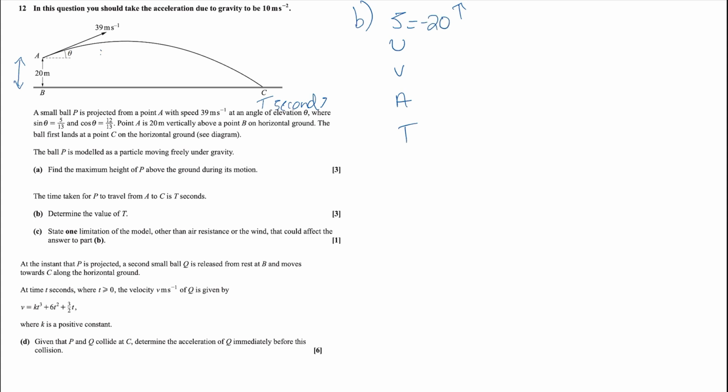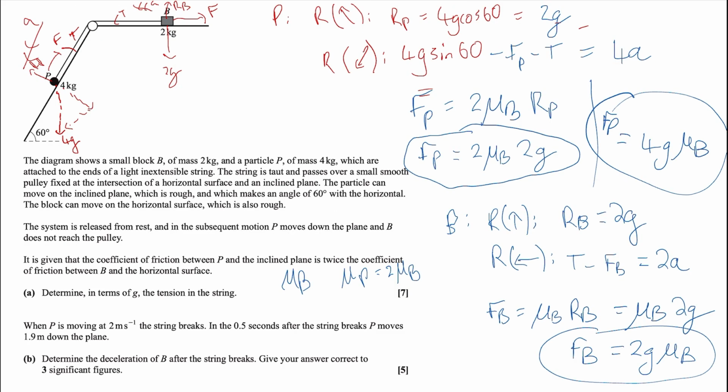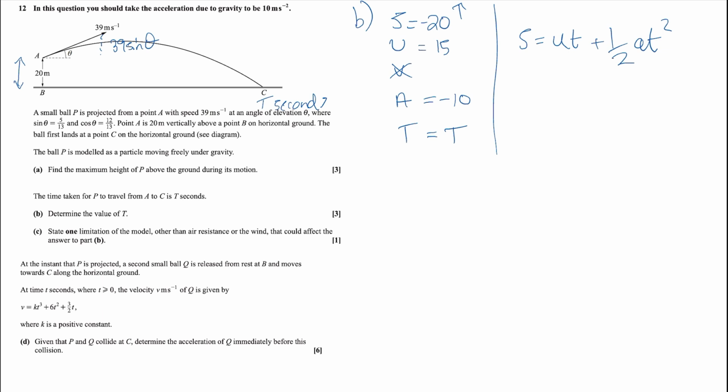Okay, like it was before, we had this was 39 sine theta, which was 15. We don't know what the final velocity is now. We still know the acceleration, and we want time. So we don't have v. So which equation doesn't have v? Well, that's s equals ut plus a half at squared. Don't forget these are in the formula book. Okay, now this is the one that gets used the most often, to be honest. So let's see what we get. So negative 20 is 15t, and then a half of minus 10 is minus 5,